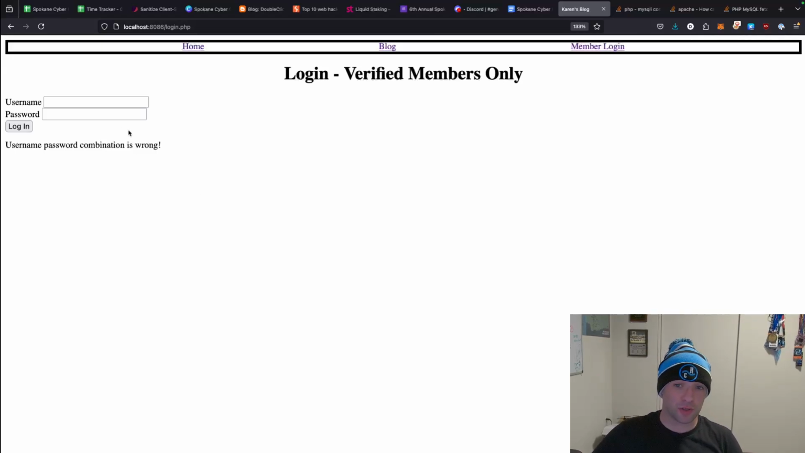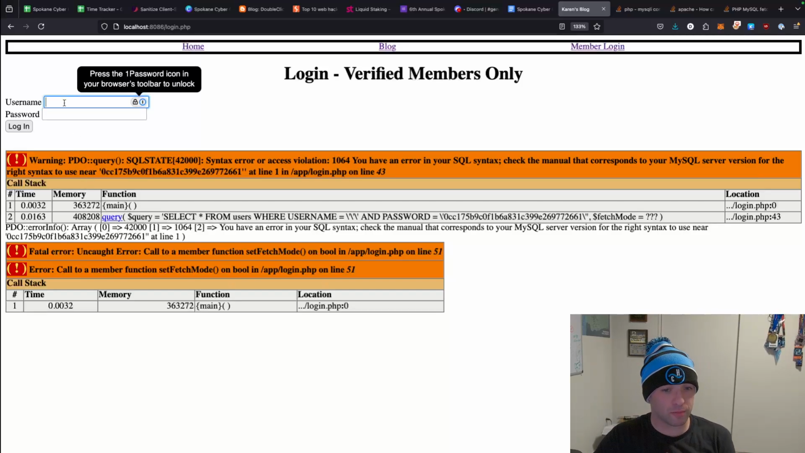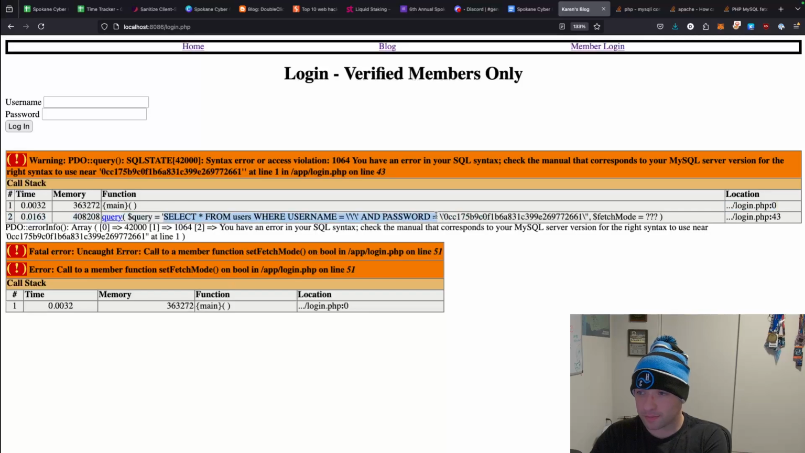For this challenge, students aren't given source code, so they can't actually look at the query directly, but you actually can. We're pretty nice, and if you put in a single quote, you actually are breaking the query. So the way the query actually looks like,